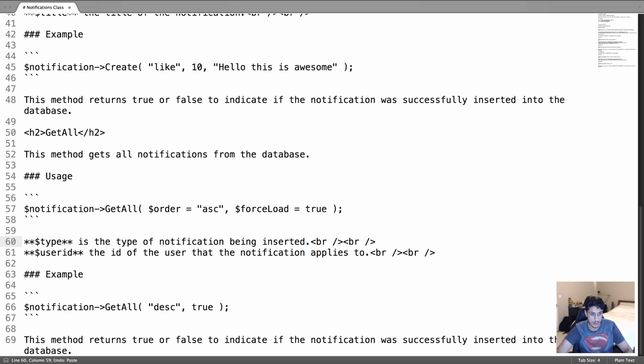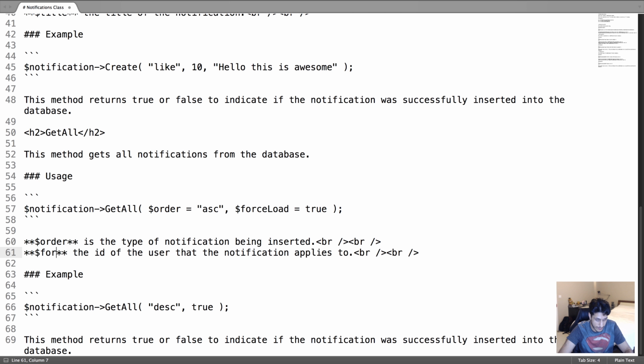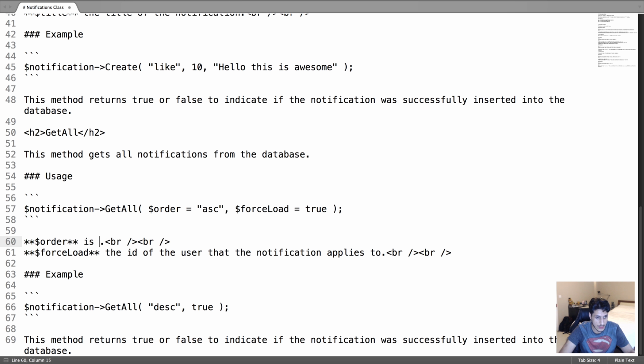And okay, so we got $order, we got $forceLoad. $order is an optional parameter